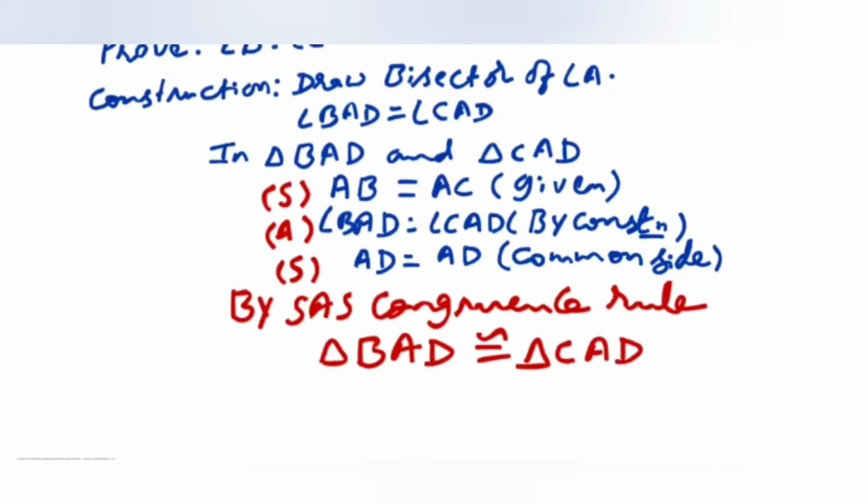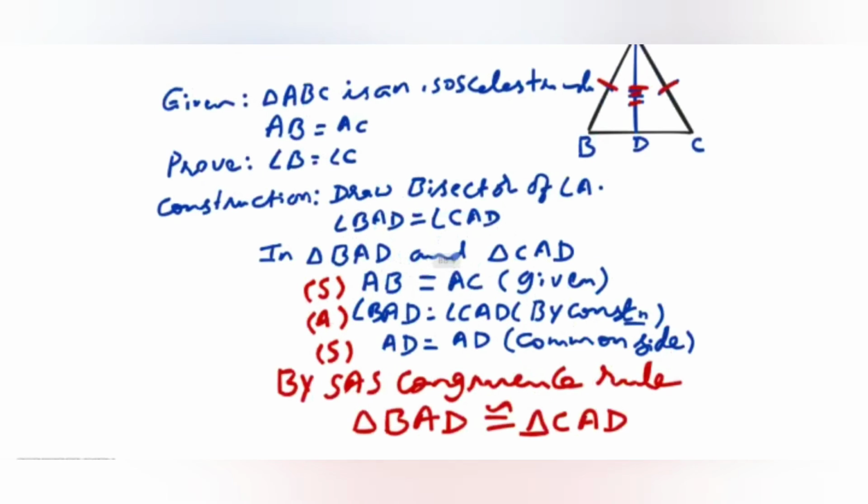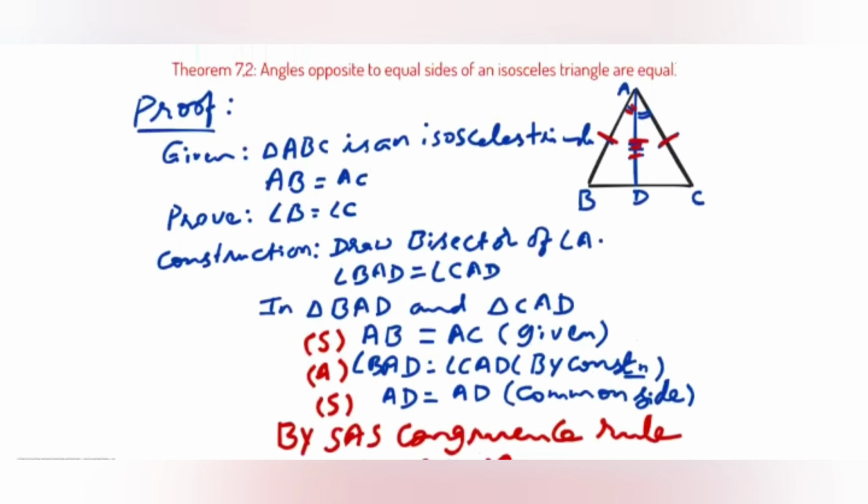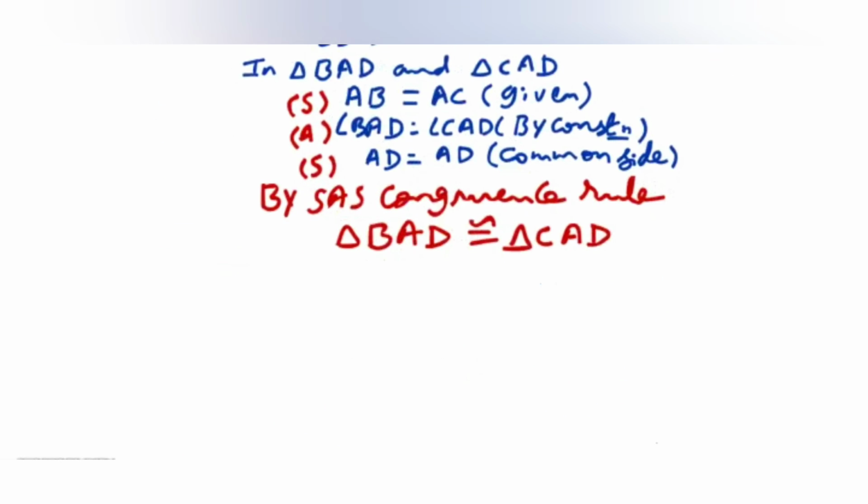If these two triangles are congruent, all their corresponding parts are equal. The two corresponding parts we want are angle B and angle C, though you can take any remaining parts, as all are equal to each other. Therefore, by CPCT,